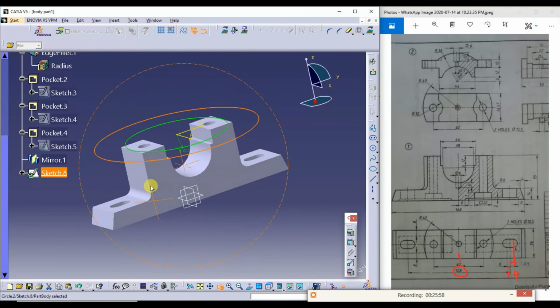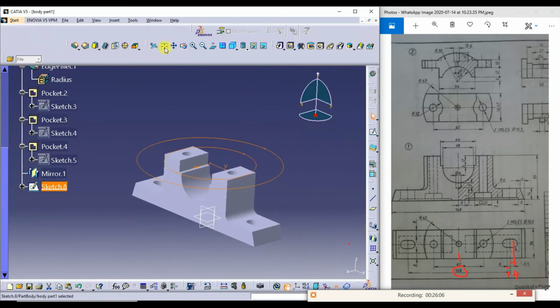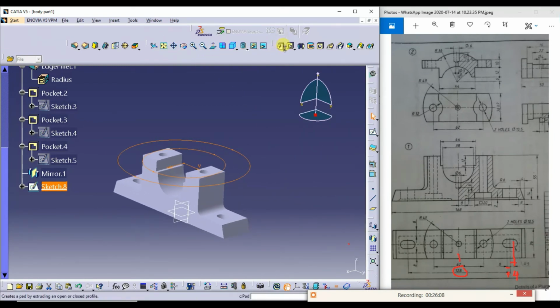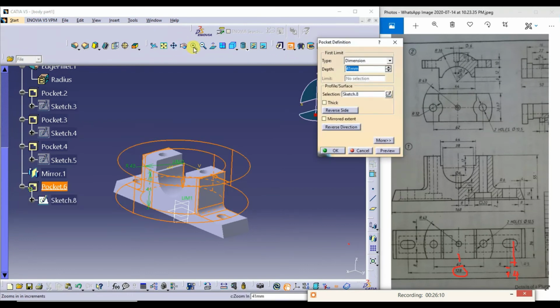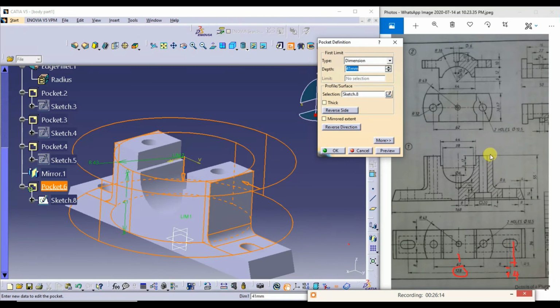See here. I'll exit the command workbench. Go for cutout. See here. I want from here to here. It is how much? 55 minus 14. 55 minus 14 here.